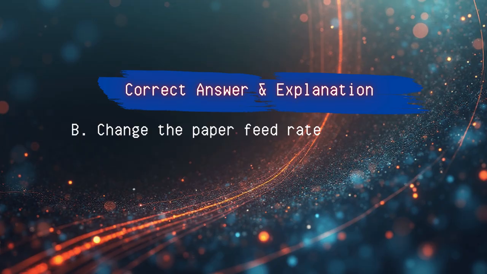Laser printers allow for adjustments based on paper type. When printing on thicker materials like cardstock, the paper typically needs to move more slowly through the printer so the fuser has enough time to properly bond the toner to the surface. Changing the paper type to cardstock or heavy paper in the print settings usually automatically reduces the paper feed rate. This allows for better fusing and avoids smearing.